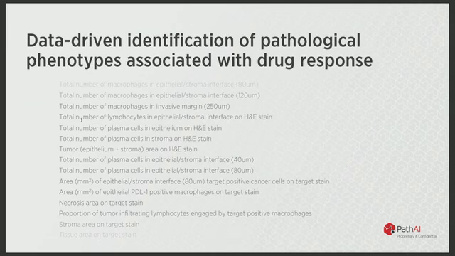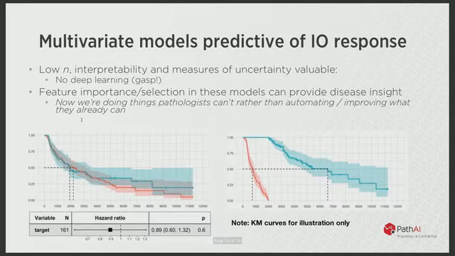This would be an example of the types of features we can now quantify routinely, using deep learning to extract these features on any case. And this is every pathologic characteristic you can imagine. Then we correlate these with drug response and can use this as a discovery tool for identifying new aspects of pathology predictive of which patients will respond best.